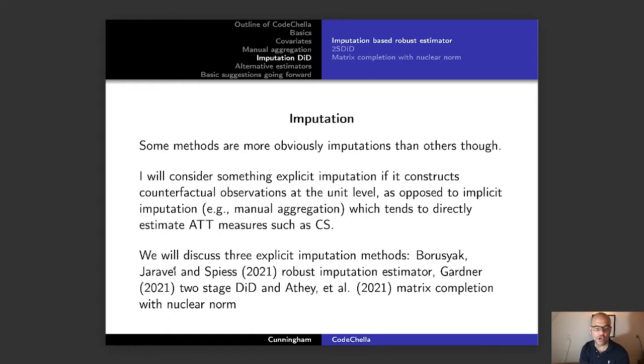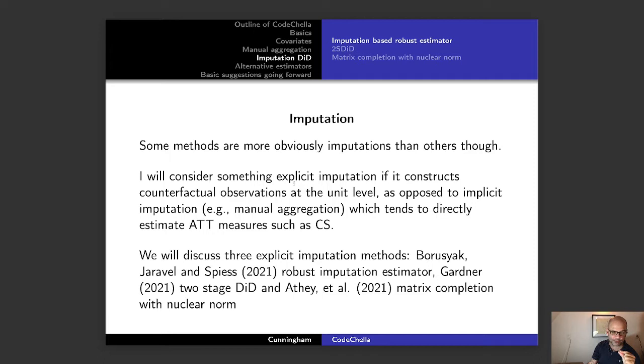All right. So I call what we're about to do now more of an explicit imputation, because it's going to be imputing counterfactual observations at the unit level, as opposed to this implicit imputation, which is the manual aggregation, which tends to go after